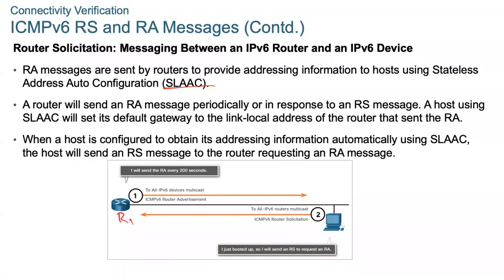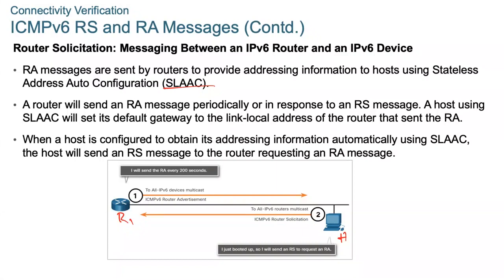Upon receiving that information, the IPv6 devices, that is your host part, will respond to this IPv6 router advertisement by sending the router solicitation to all the IPv6 routers which multicast this information. So these routers will send an RA message periodically or in response to the RS message, so that a